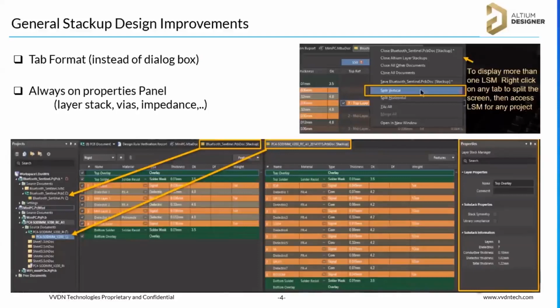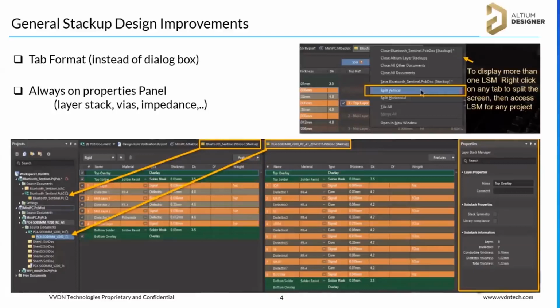In this picture you can see the split vertical and horizontal option. You can split it, so it will appear like this. So you can compare. If you have a reference file, you can open the reference file stack-up in the right side window, and the current PCB design on the left side, and you can define the layer stack based on the reference design.